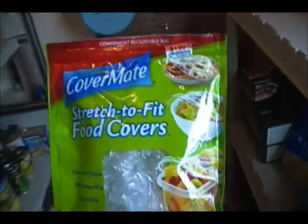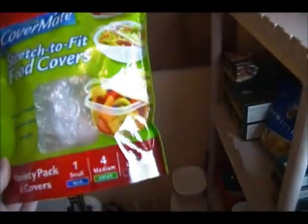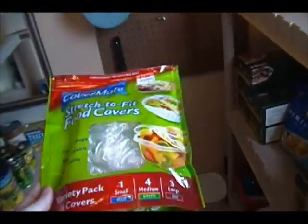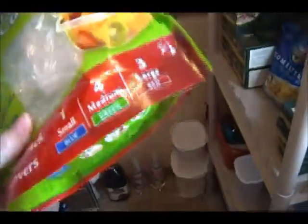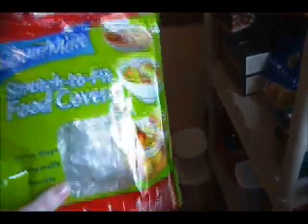I have a Fleece water up. I really like having my Fleece water. This probably doesn't need to be here. I could probably put it somewhere else, but these are Cover Mate Stretch to Fit food covers, and I really love these for when you're making something and you're done cooking it and you want to keep it covered. These are really good to take to a picnic. You can keep things covered. So they're probably going to go someplace else,